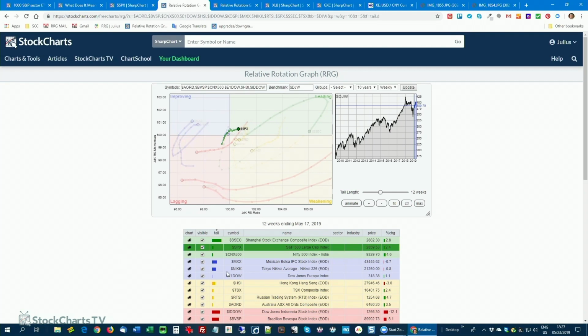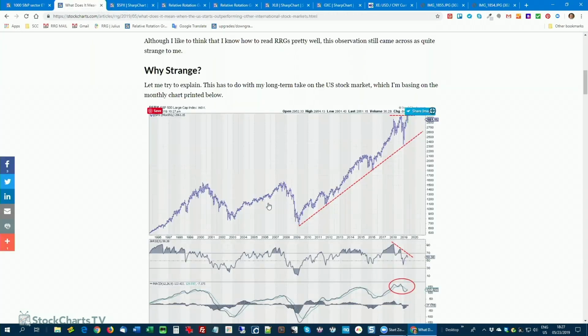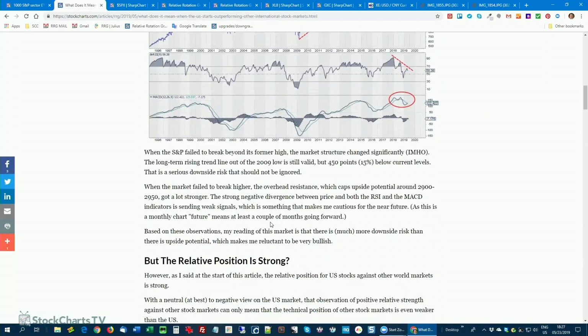If you work with RRG on StockCharts, you have an option to go back 10 years. It's standard that it loads 1 year of data, but if you want to do some historical searching, you can go back 10 years of data. And if you really want, you can animate it. I played it. Animating 10 years is going to take like a minute and a half, or 2 minutes, so I'm not going to do that, but you can do that on your own system. But in the blog, I've highlighted a few